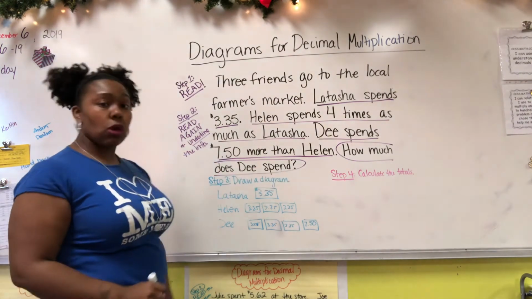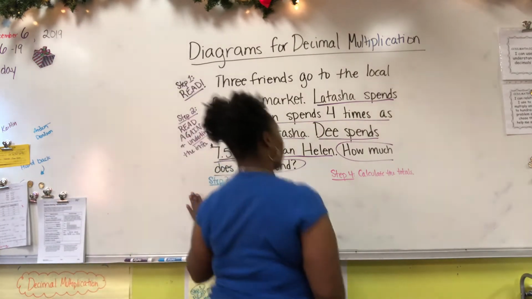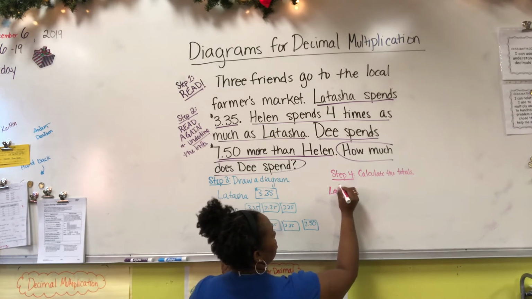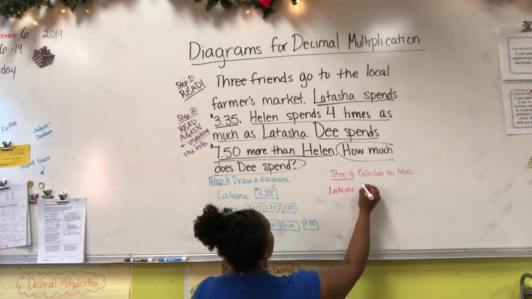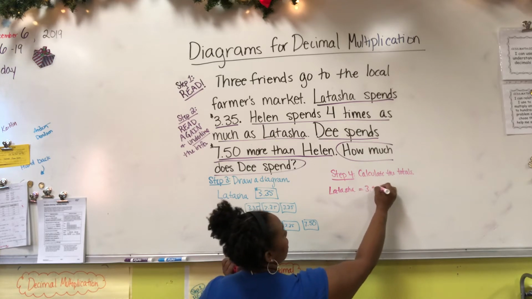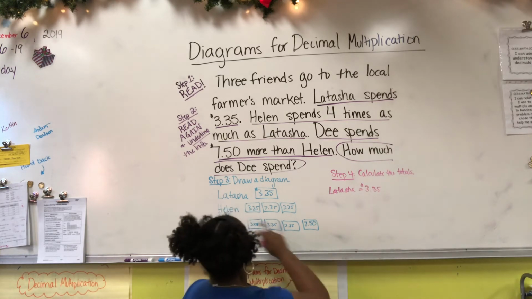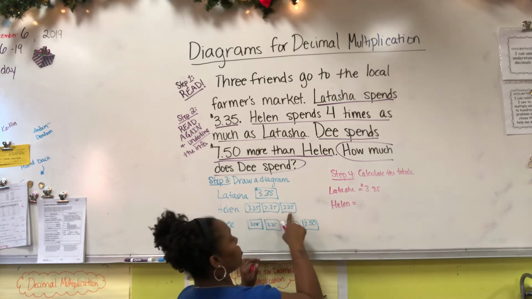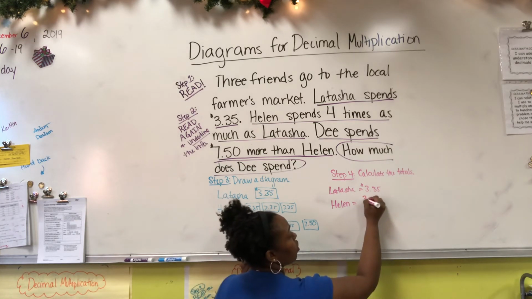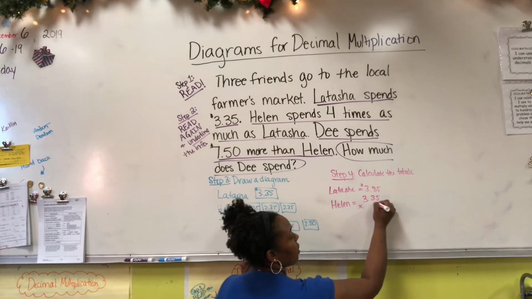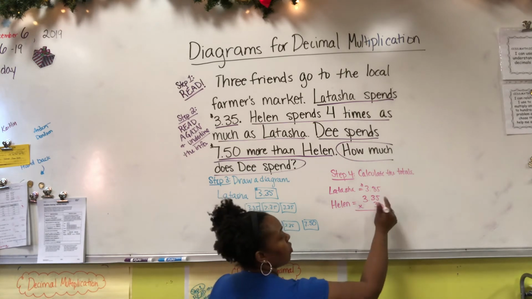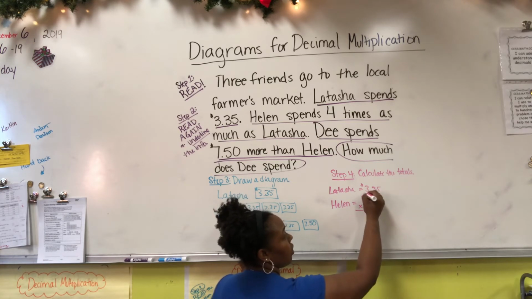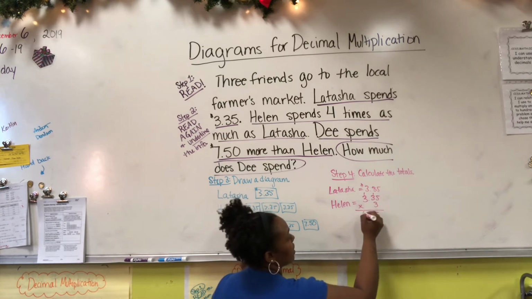Step 4, calculate those totals. So I'm going to look at Latasha and say, well, she only had 1 box. Latasha has $3.35. That's how much she spent. Helen, well, Helen is 1, 2, 3 times that. So $3.35 times 3. Okay? 3 times 5 is 15, carry the 1, 3 times 3 is 9, plus 1 is 10, drop the 0, carry the 1, 3 times 3 is 9, plus 1, again, is 10, carry the 1,